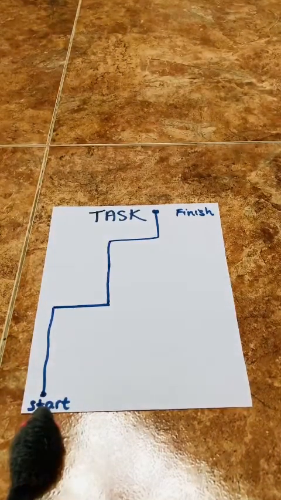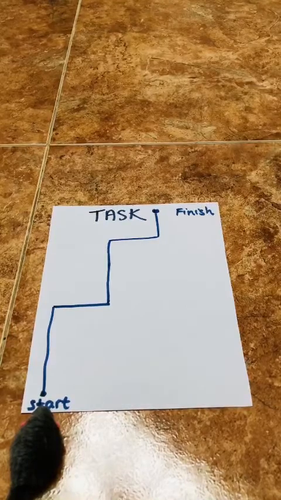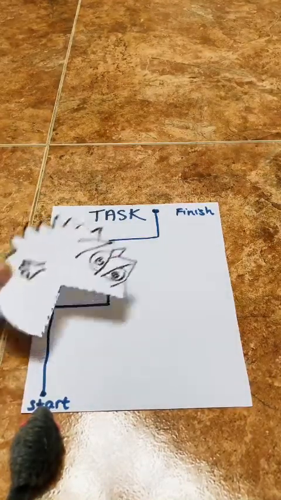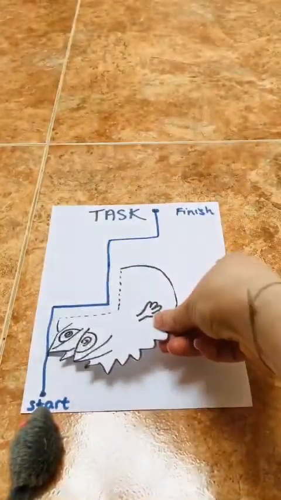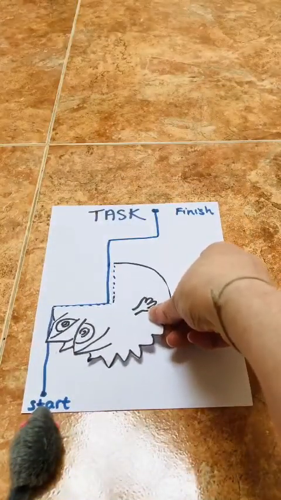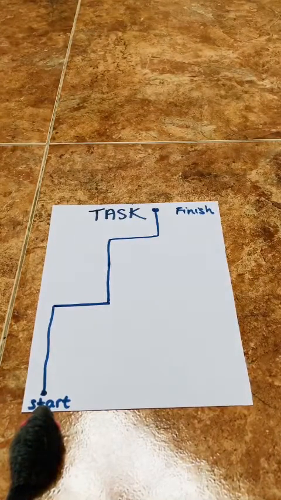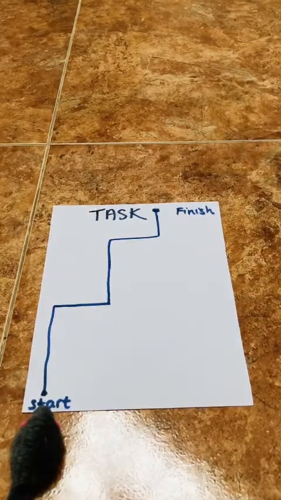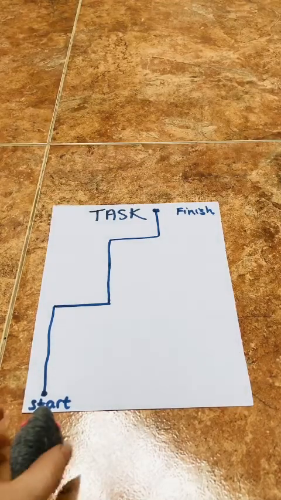Now I have checked to see if my turns are right angles using my right angle finder. I've used my monster to make sure they're right angles, but I also used my monster to help me draw it, so that made double sure that each of my turns were going to be right angles, and we also call them quarter turns too. So I'm going to give my mouse the instructions now. I would like my mouse to go forward